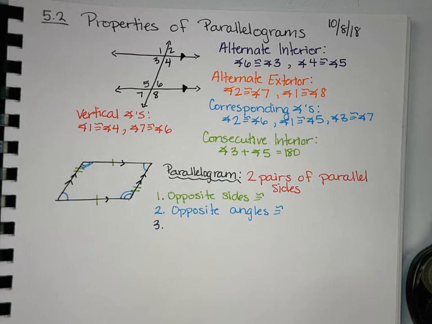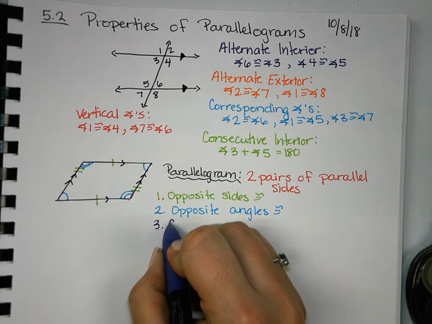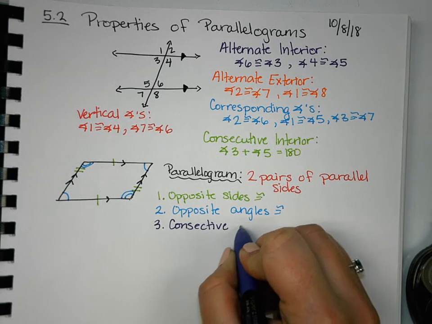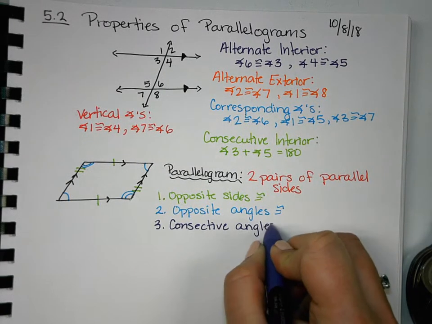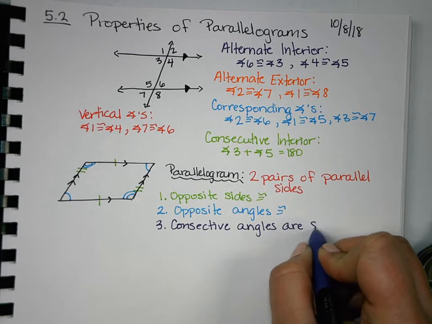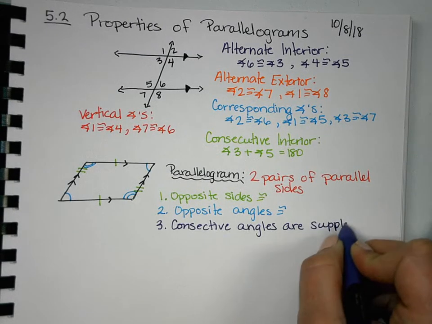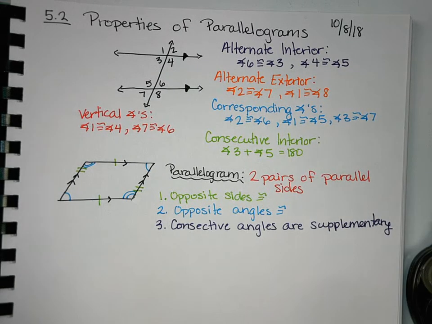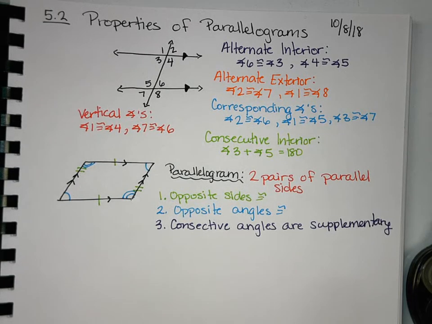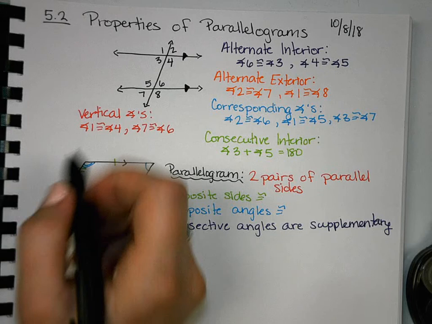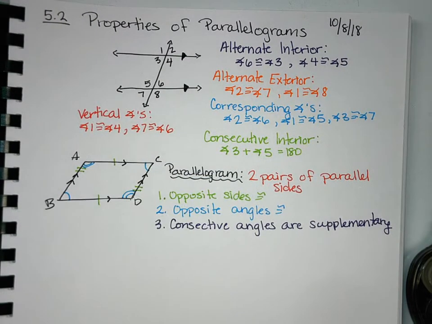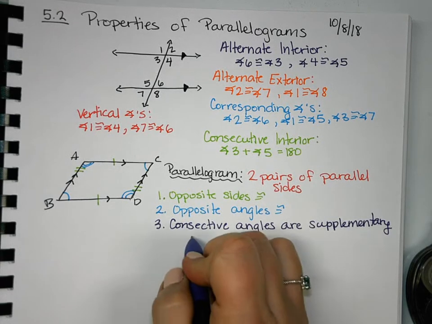Our third property is consecutive angles are supplementary. So for example, if I were to put labels on this, A, B, C, D, I can say angle A